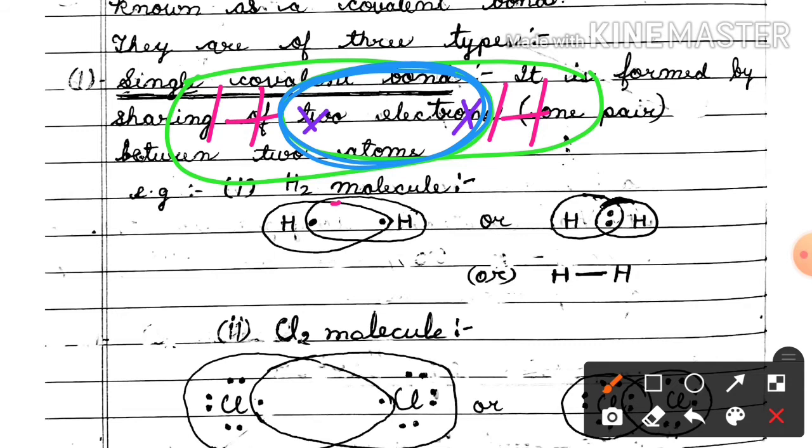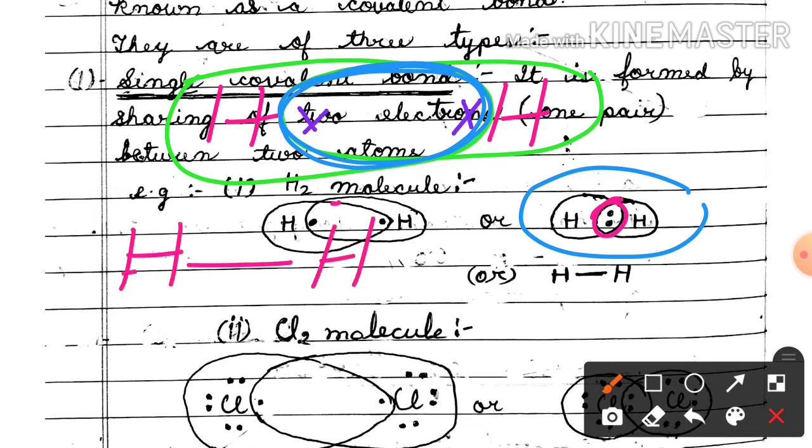So this sharing of the 2 electrons we can show in this way, the shared electron pair that we show in the center this way, and both sides hydrogens, and this shared pair of electrons we can show like this also, H single bond H, and H single bond H means the sharing of the 2 electrons, 1 electron of this hydrogen and 1 electron of this hydrogen, and single covalent bond is formed.